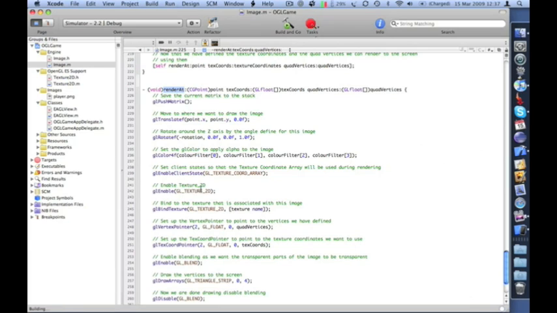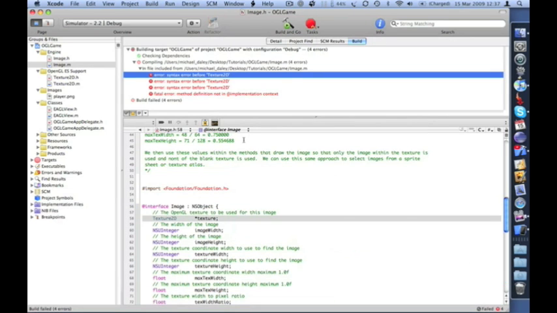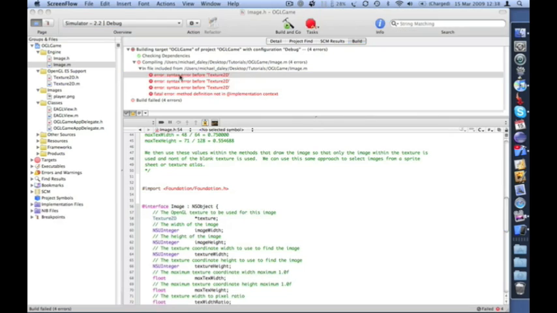So at this point, I'm going to compile this just to make sure everything compiles okay, which it doesn't. We've got a few errors here, so let's go and hunt these down. If we have a look, we've got an error here just before the texture 2D stuff. What we can see is that I've actually got a missing import because it doesn't know what texture 2D is. So I'm going to add an import here for our texture 2D. If we build again,